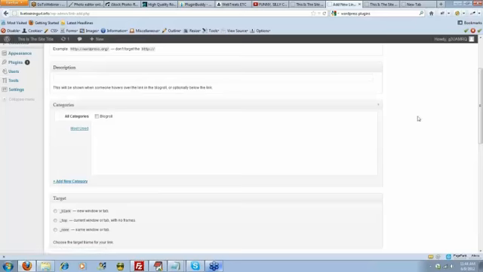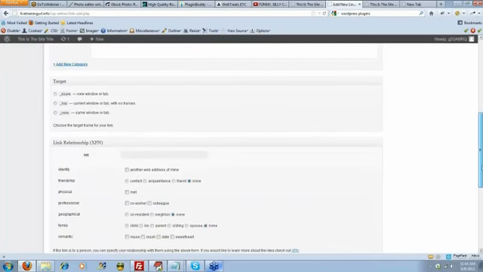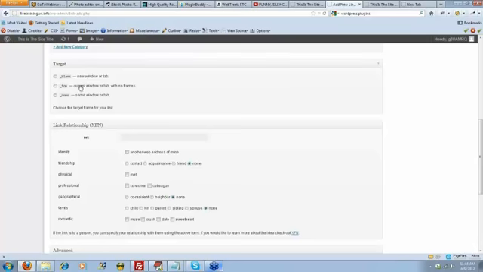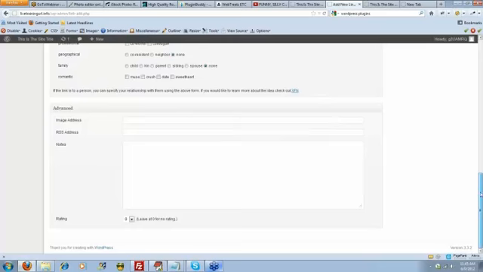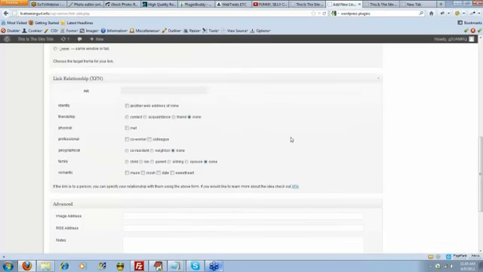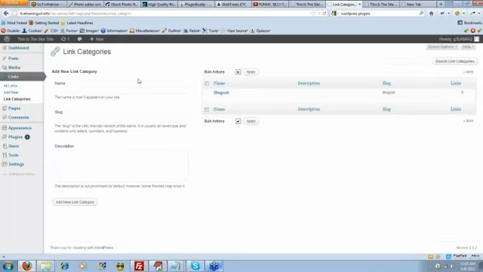Again, this is different than post categories. Remember that. This is specific just to links. And then there's a bunch of other information in here as well, whether you want it to open up in a new tab or cause it to open up in the current one, and so on. Some advanced stuff down here as well. Again, because I don't mess with links at all, these are things that are currently outside of my expertise to even teach you about. Link categories, again, it's simply just going to list the categories that you have currently on your site, similar to post categories, and the facility works exactly the same way in terms of adding new link